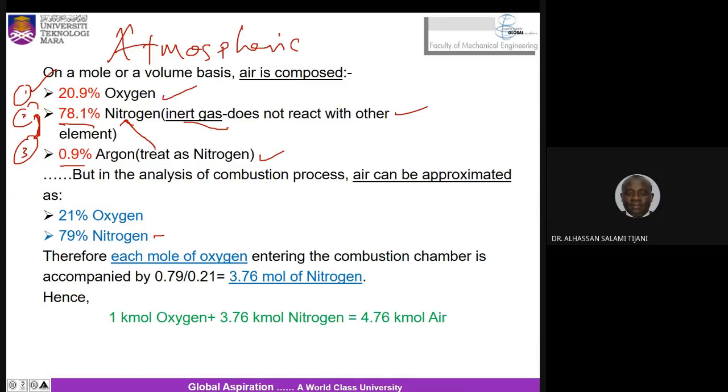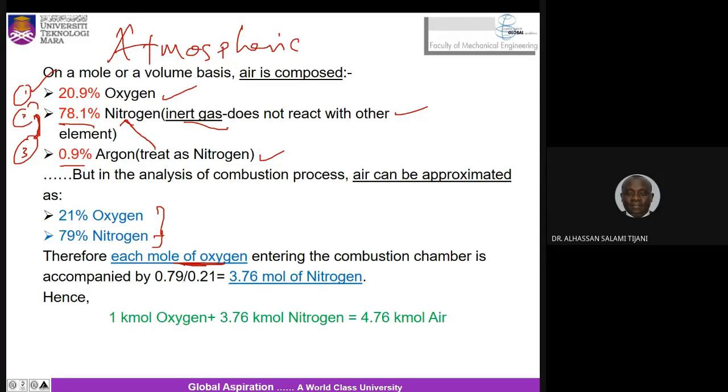So we assume that atmospheric air consists of only these 2 components: 20% oxygen and 79% nitrogen. It means that for each mole of oxygen present in the air